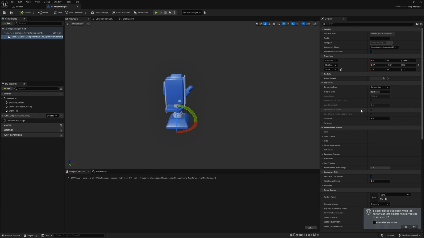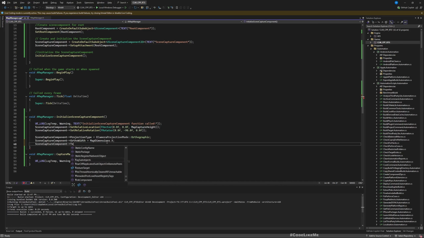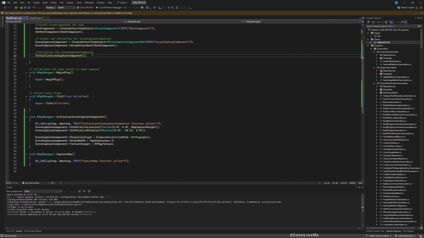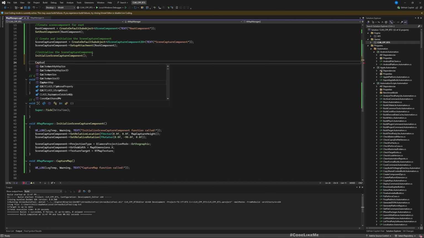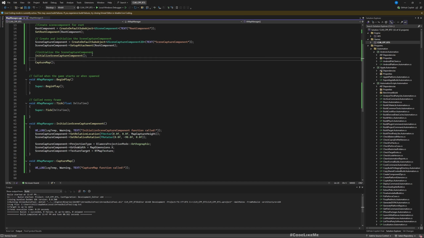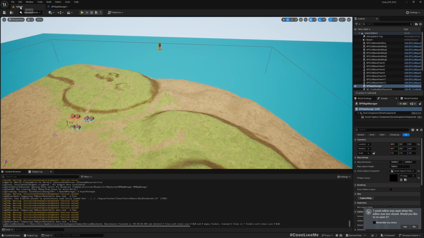What's the name of it? Texture target. Okay, texture target RT map texture. All right, do all that, and maybe here I'll call capture map to the map texture. Okay,